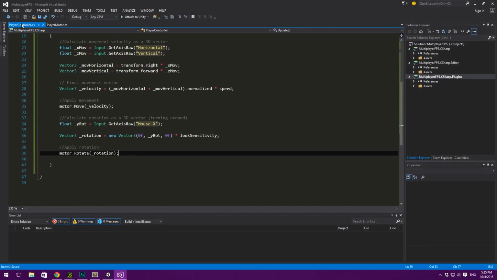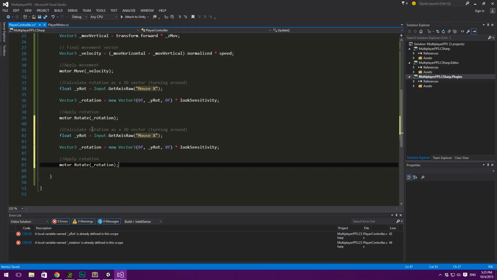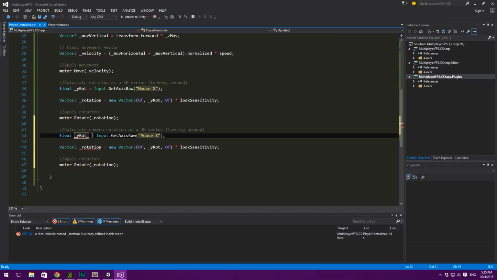Let's go back in here, find our player controller, and add another segment. So this one is going to be calculating camera rotation. I'm just going to duplicate this entire section, and we'll call this calculate camera rotation as a 3D vector. And this is not going to be y rot, but instead it's going to be